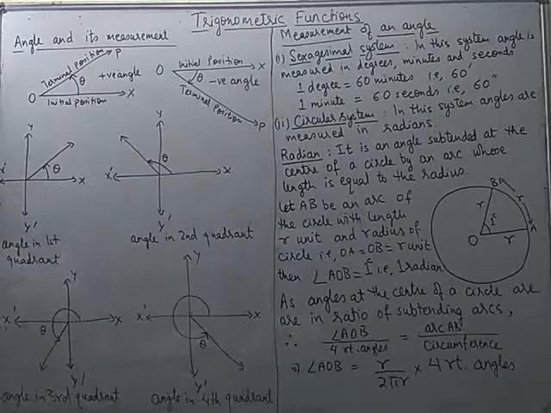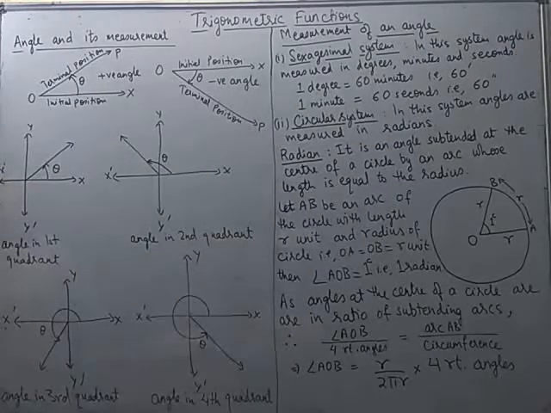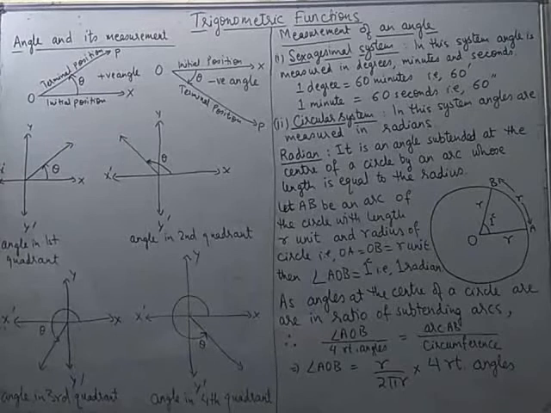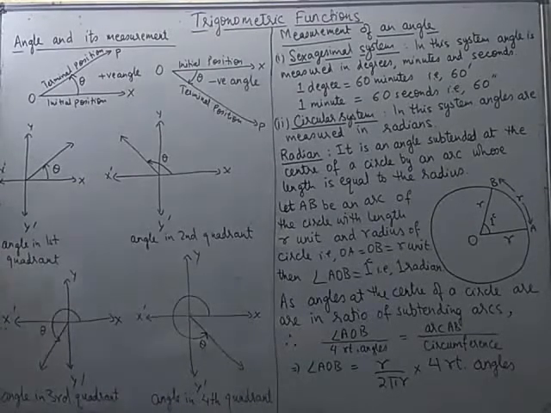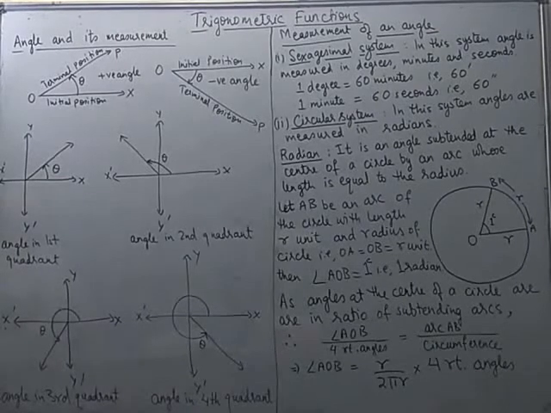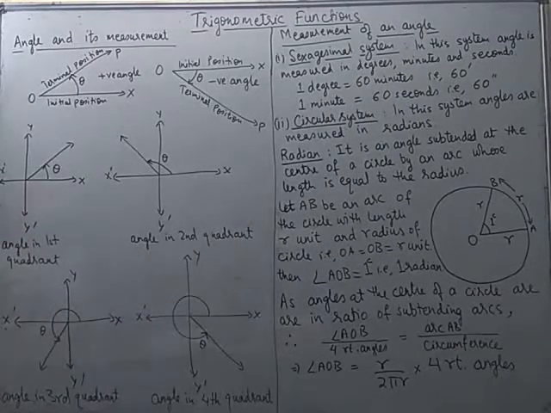Till class 10th, you have seen the angles are measured only up to a right angle. To that only we were restricting in trigonometry. So the range of angle was from 0 to 90 degrees, and we were using the concept of degrees to measure them. In this session, we will learn a new concept of measuring the angle.